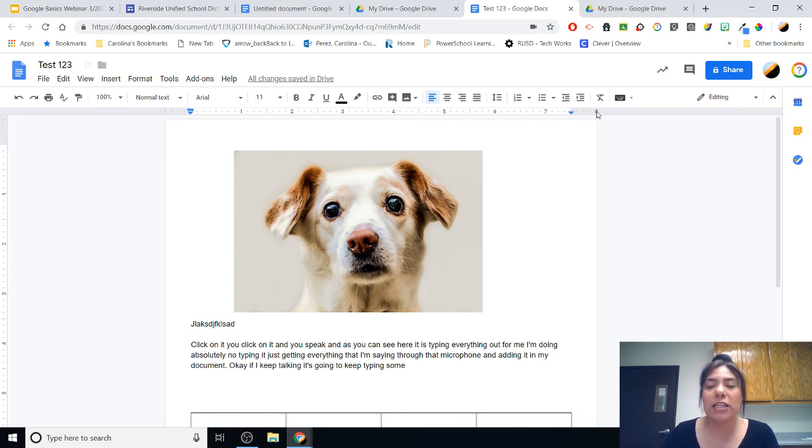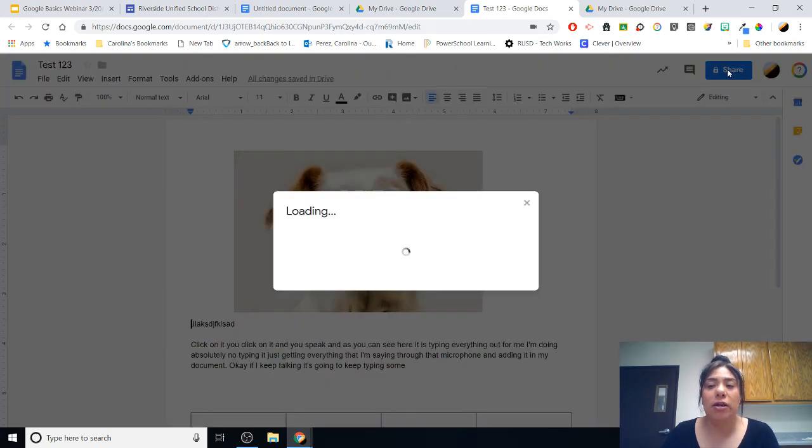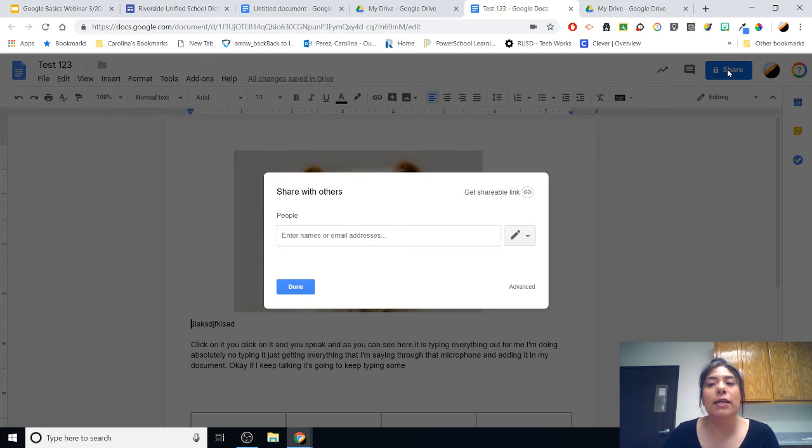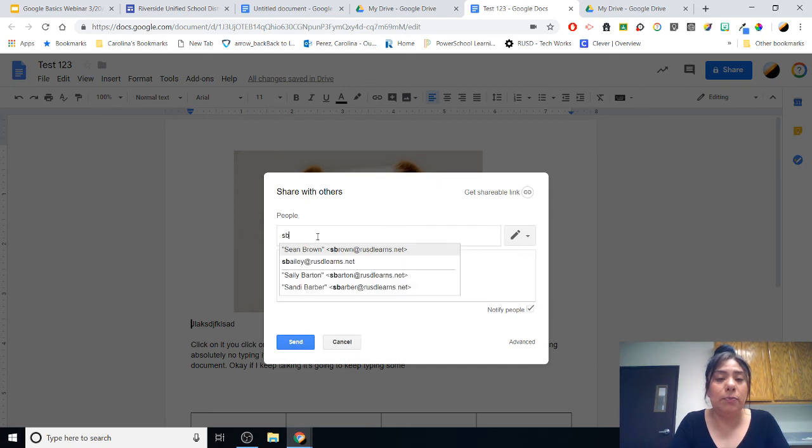So say I'm done with my document. Now I need to share this document. Google automatically has it on private mode, so it's not shared with anyone unless you've opened and created a new document in your Team Drive, which we didn't really discuss, so hopefully that mistake won't be made. So now here, I'm done with this document. I can email a link to, let's say, 2 or 3 people by clicking Get Shareable Link, but I want to share this document with one person. I'm going to do S. Brown,